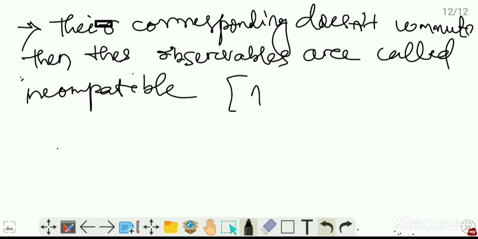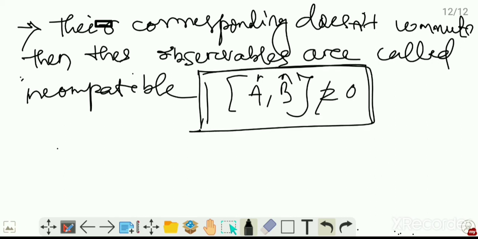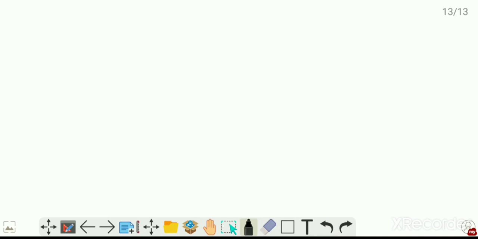That is, here a cap b cap is not equal to 0, that is they do not commute. अगर दो ऑपरेटर कम्यूट नहीं होते तो उसकी जो करस्पॉन्डिंग ऑब्जर्वेबल्स है उसे हम नॉन कंपैटिबल ऑब्जर्वेबल कहेंगे।